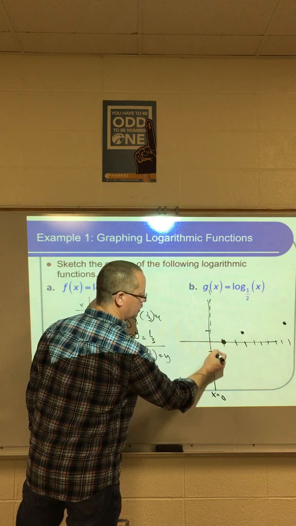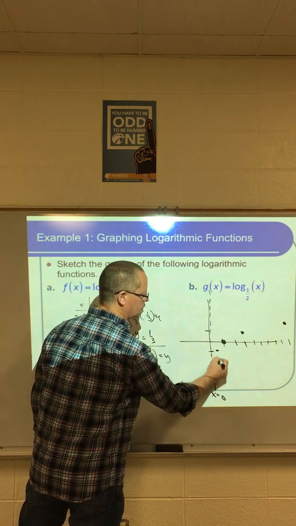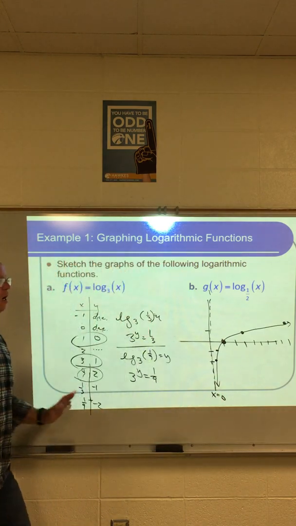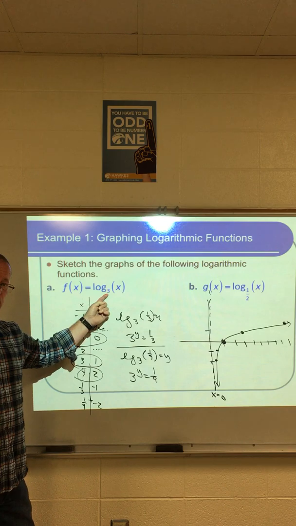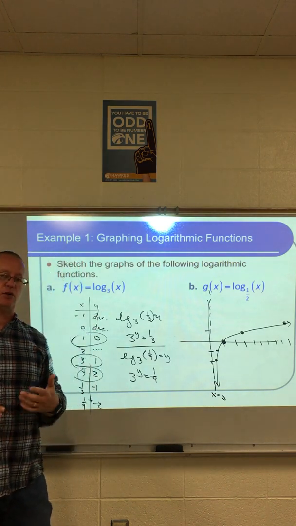1/9, negative 2. Do you see the picture? It's going to be like that reverse ski slope. It's going uphill because the base is bigger than 1. Okay? The one thing that you need to know anytime they ask you to sketch the graph of a logarithm